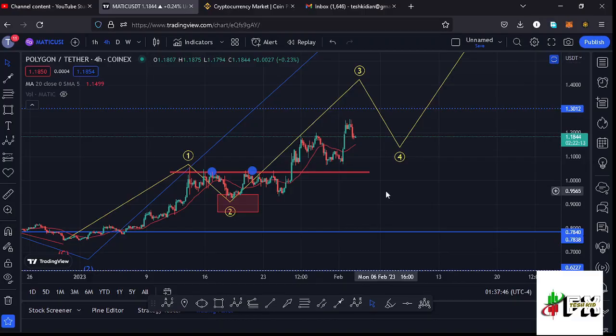Welcome back to TeshKidFX for another Polygon Matic price prediction update, and in this video I'll be giving you the latest developments that have been happening here on the Polygon Matic chart, which has continued to hold above a key area of support at around the $1.05 mark. We're also trading above the 20-day MA here on the 4-hour chart, and Polygon Matic has continued to obey the Elliot structures. And before I give you my next target areas and the scenarios that I'm expecting to play out,